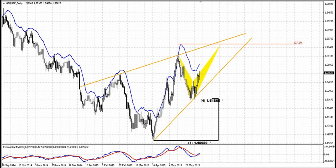Greetings everybody, guys. Today we'll take a look at the Great British Pound because we haven't discussed it for approximately a couple of months already, and there is some progress on this currency that really is worth our attention, and we need to update our long-term analysis on the Great British Pound. In general, shortly speaking,